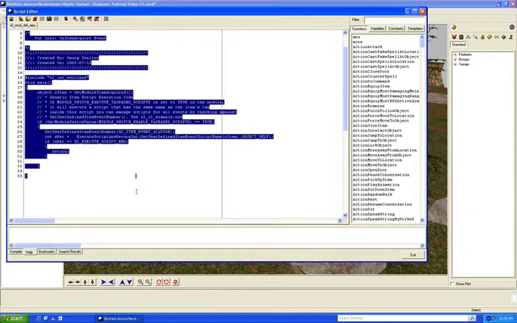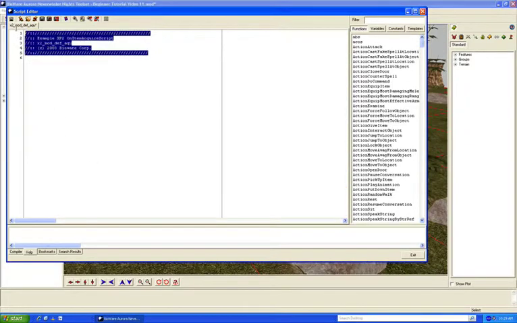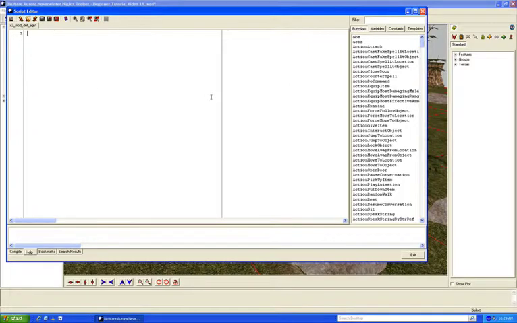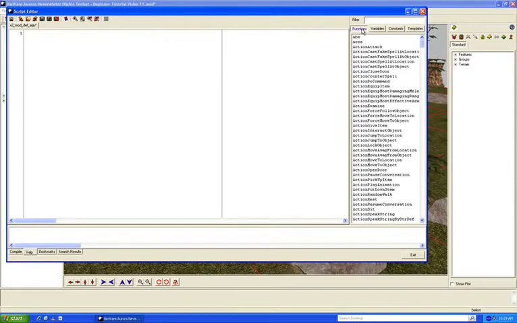We're going to highlight everything and hit delete and clear it out. And like that. Okay, and this is the script editor window. Over here is a list of functions. You've got some buttons to click here. Look for different things. We'll talk about those in a future